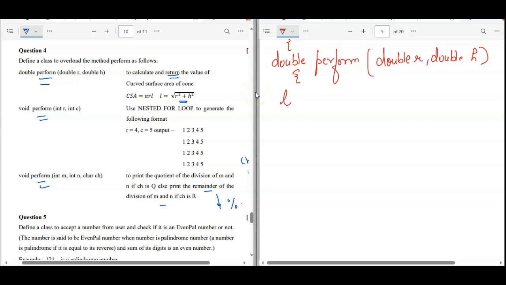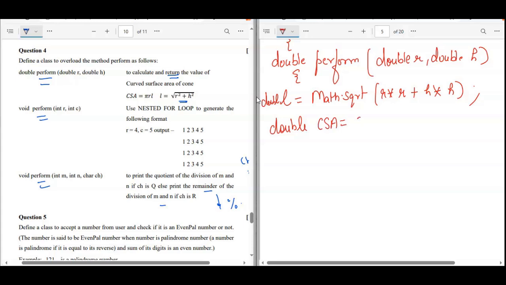So first we have to calculate the value of L. It is a square root, so double L is equal to Math.sqrt, and you write R into R plus H into H. Okay, now the value of this is done. So you can write double CSA is equal to pi is 3.14 into R into L. Okay, and you need to return the value of CSA. Well, this is perfect.